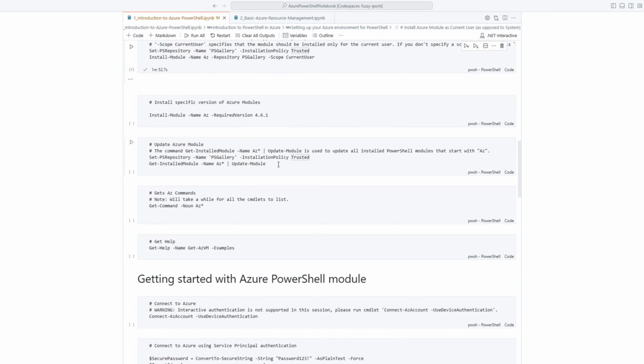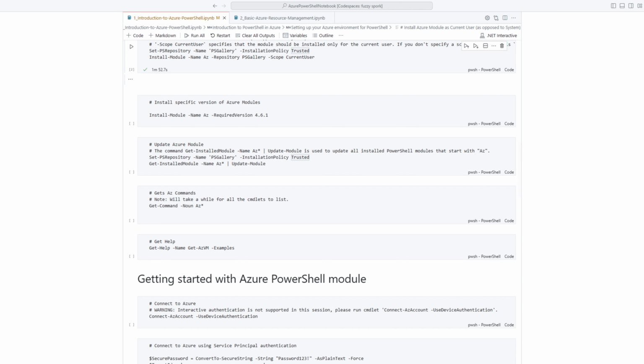If we wanted to update the modules, say you've had the Azure modules installed for 3 months and there's a new feature. An example is Azure Elastic SAN. Azure Elastic SAN is in preview at this moment, but as preview gets closer to GA, generally available, the PowerShell modules reflect new features and functions as part of that. So if I wanted to leverage the latest updates to the Azure Elastic SAN modules, I would need to